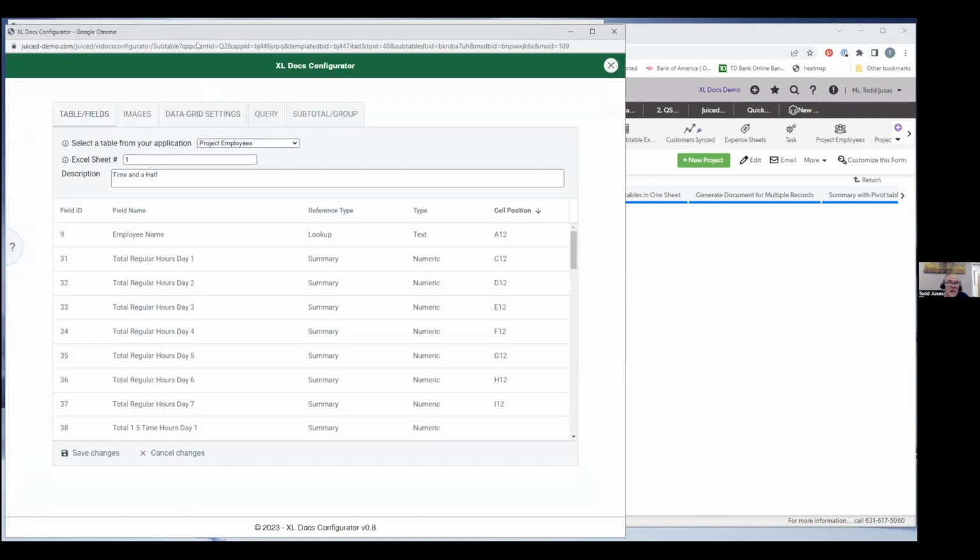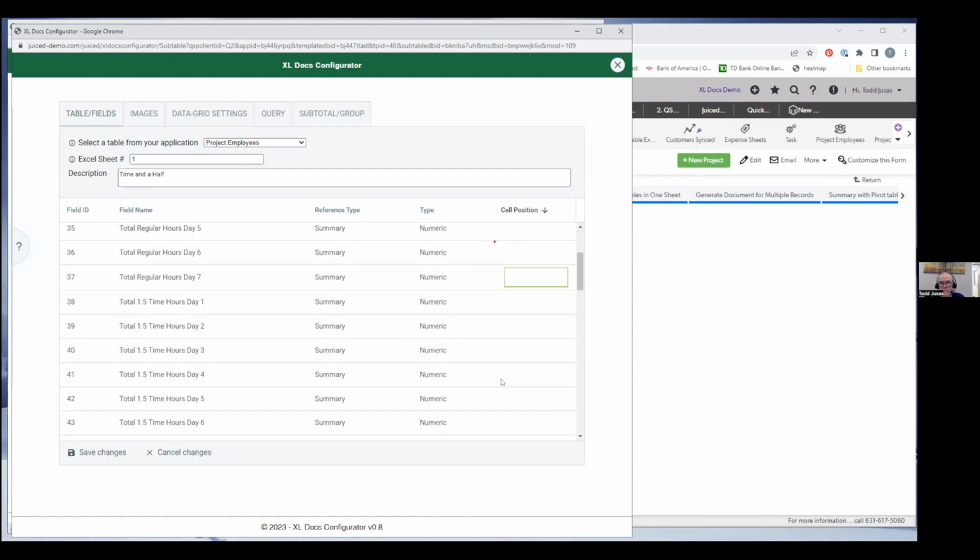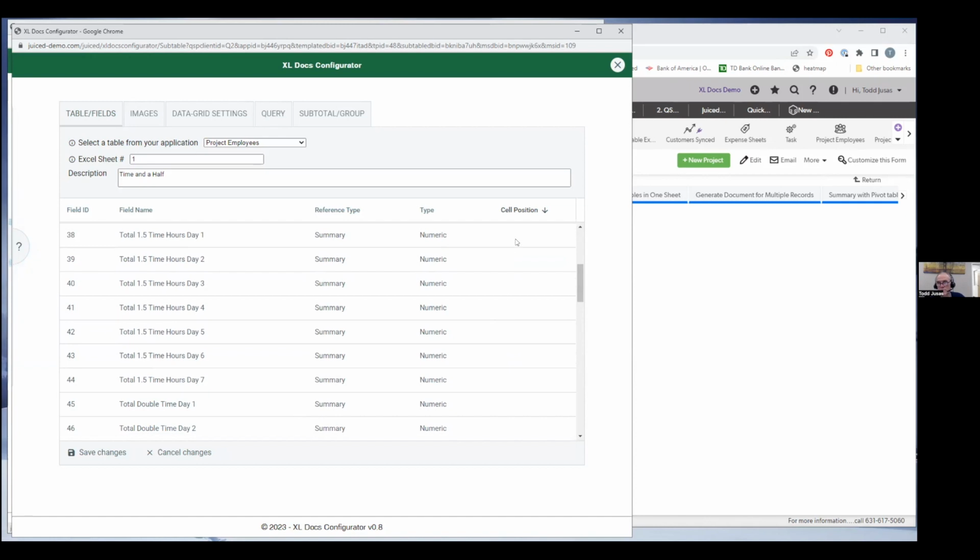This could technically also be from another table if you wanted. We're using the same table, but you can configure it to come from a different location. It's from the same table, and I just have another set of fields. I don't need the name anymore to plot for standard time. I just want the time and a half record. So I'm going to zap out my regular time hour fields, and I'm just going to put time and a half in. Time and a half is going to start here. Day 1 starts in